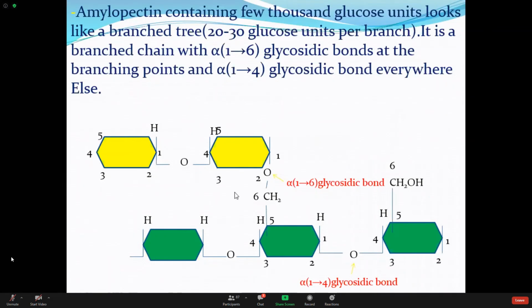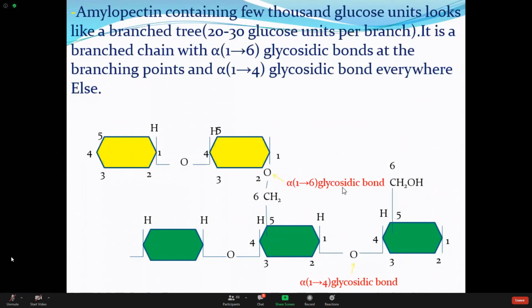Now, in the case of amylopectin, you are getting another type of glycosidic bond, the 1,6 variety. This is the 1,4 variety, and this is the 1,6 variety. Now let's see why it is 1,6. Have a look here. This is one straight, unbranched line, and this is another unbranched chain, a second straight line. Now how will they be joined together? This branch and this branch join here by this alpha-1,6 glycosidic linkage.